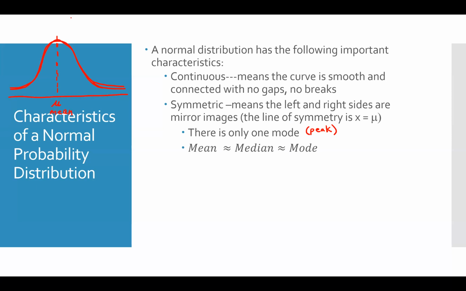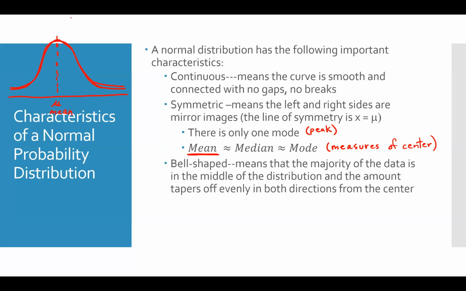Again, I mentioned to you that the mean, the median, and the mode, which are all measures of center, are approximately the same value. And again, we use the mean to label that center point because the mean uses all of the data values in the calculation. And we often use the mean for other statistical formulas as well. So it is the best of those three.